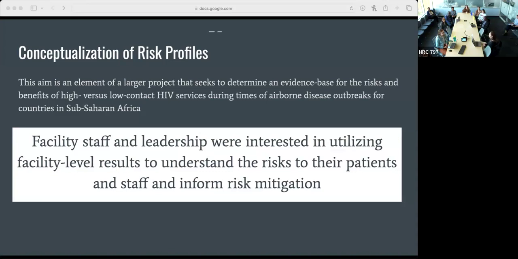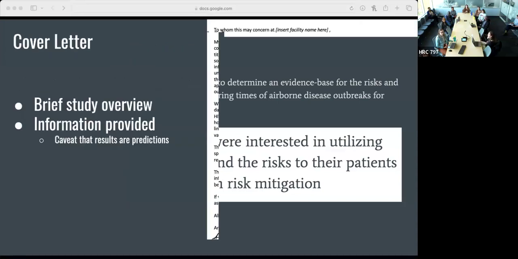So for my master's practicum, I decided to do a side project to figure out the best way to disseminate this information to the individual facilities so that they can best understand their risks. So this ended up being a 3-page letter that will be sent out. It starts off with a cover letter that includes a brief study overview and